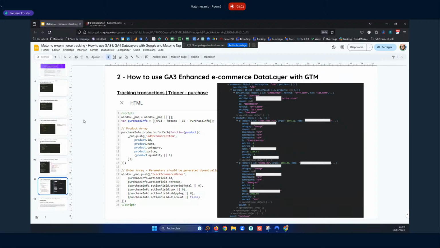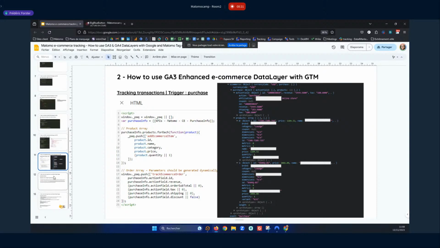I did not do anything for all the other enhanced e-commerce features that exist, but you can replicate quite anything using custom events, for instance. But the main stuff was around GA4, since GA3 is not existing anymore.